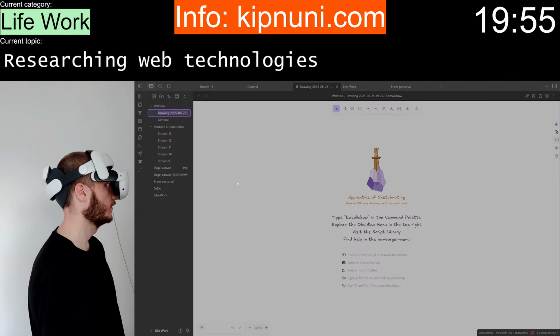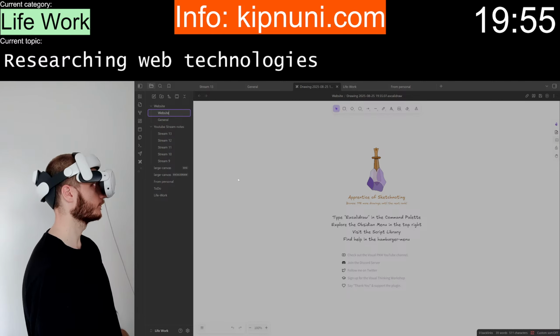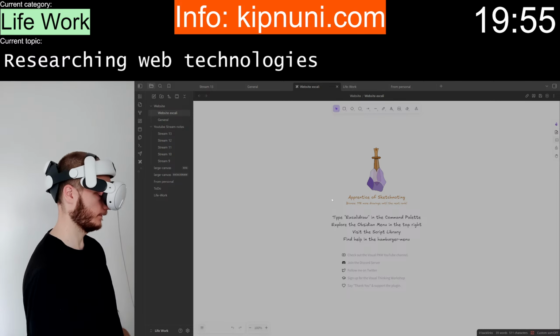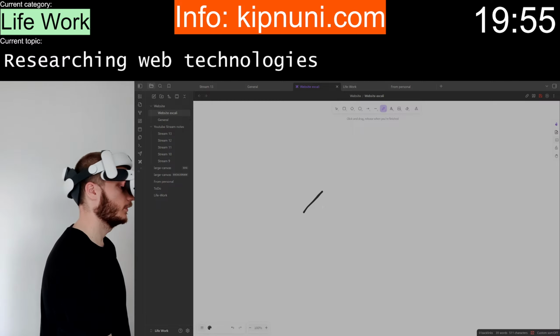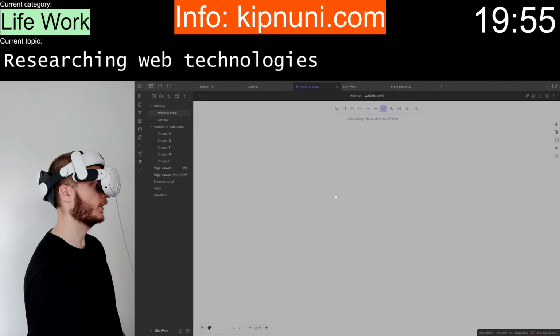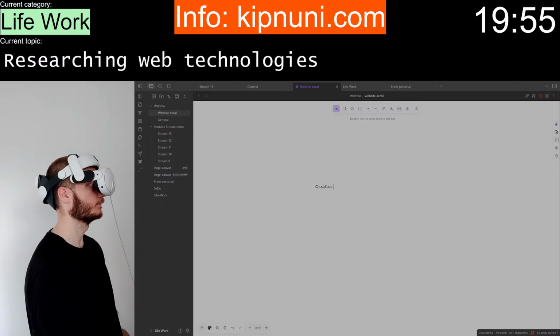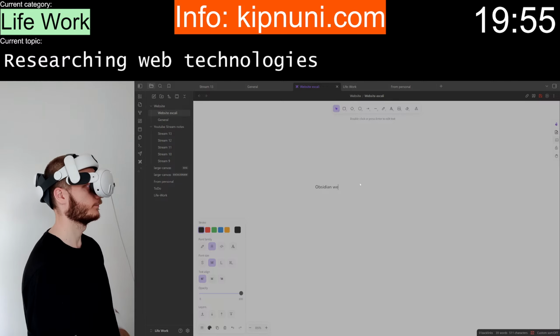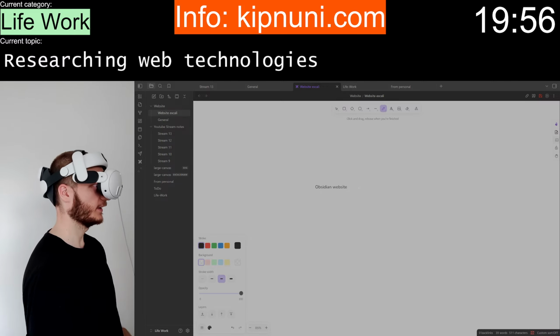Rename this Excalidraw. I don't like the style. Obsidian website. Stroke width is 2.